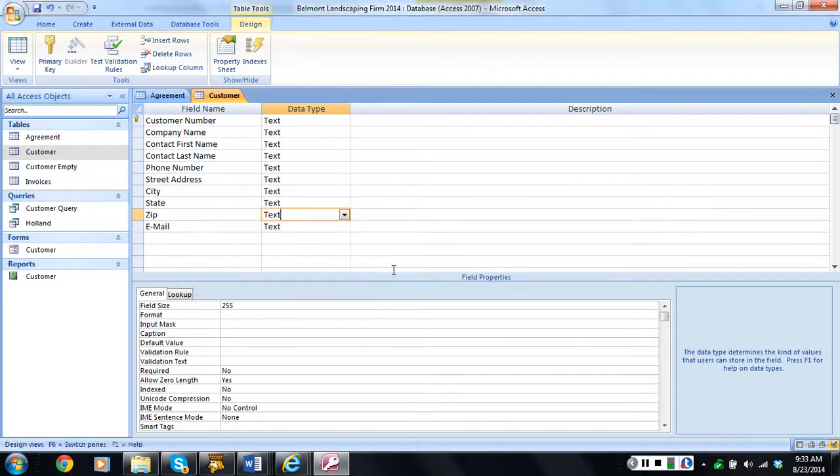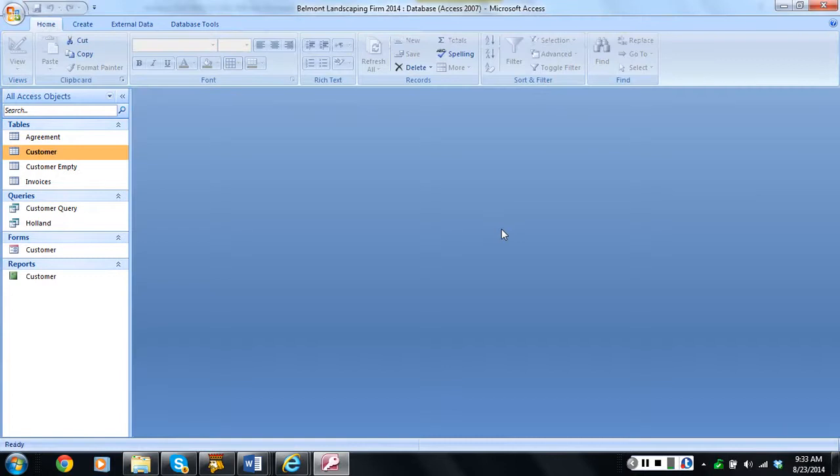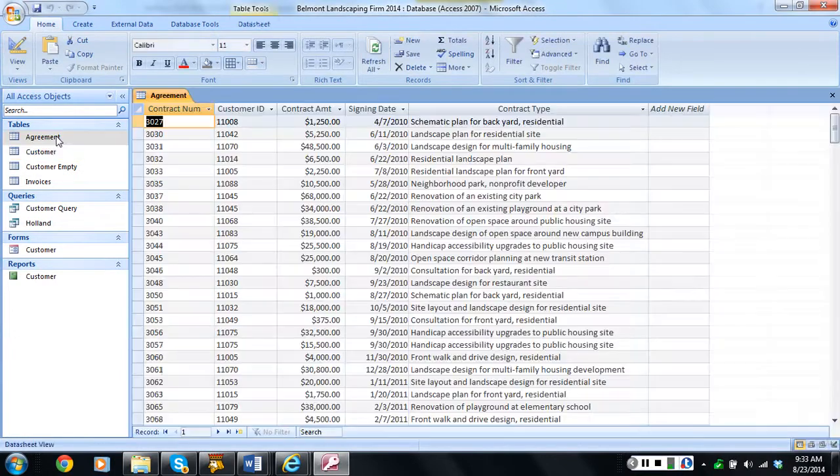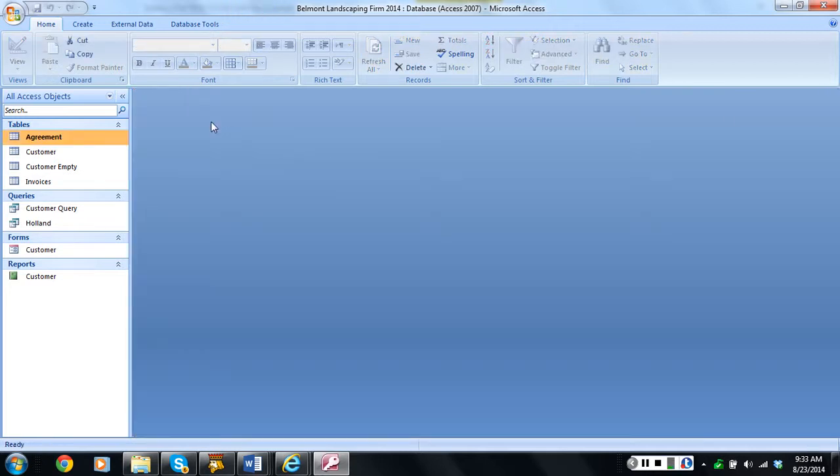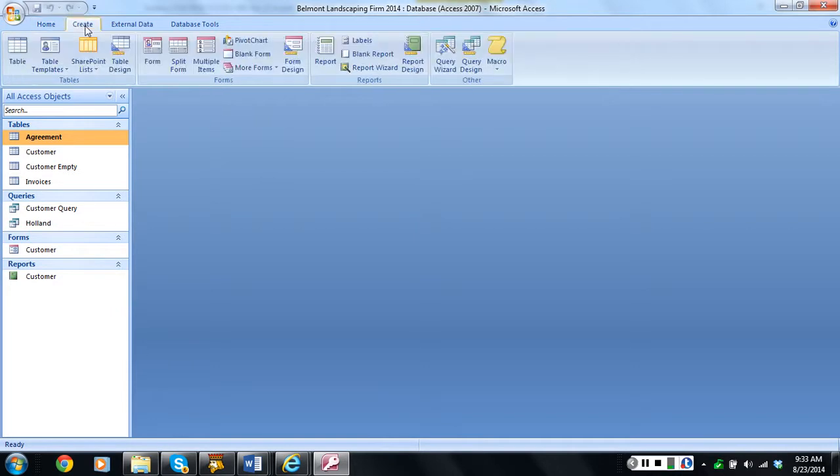I'm going to go ahead and close and save the actual tables here, and we're going to now see if in fact we have bogus data. In other words, do we already have some customers entered in the agreement table that do not exist? Now, one of the ways you can do that is by using the query wizard. This is something that we also talk about, but to make a query using a query wizard, this is a different kind. The one we did the other day was a select query, which was very basic in the last session. But in this session, we're going to do one that just says, simply find me